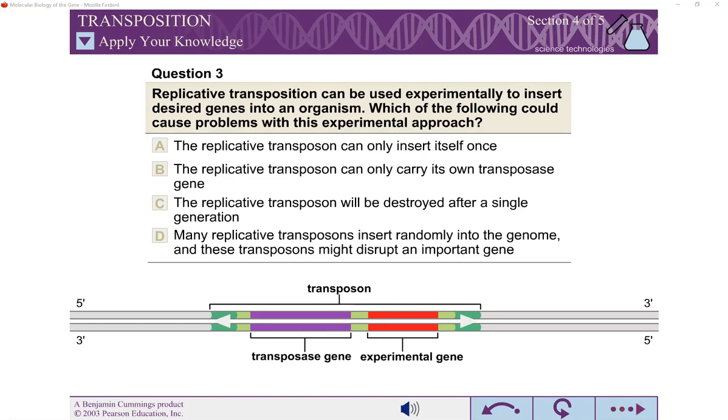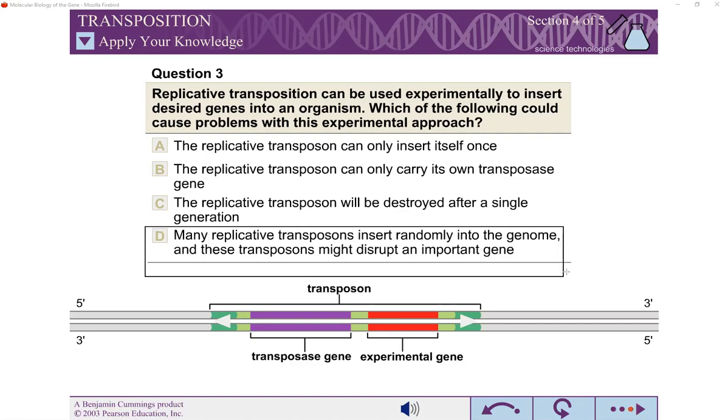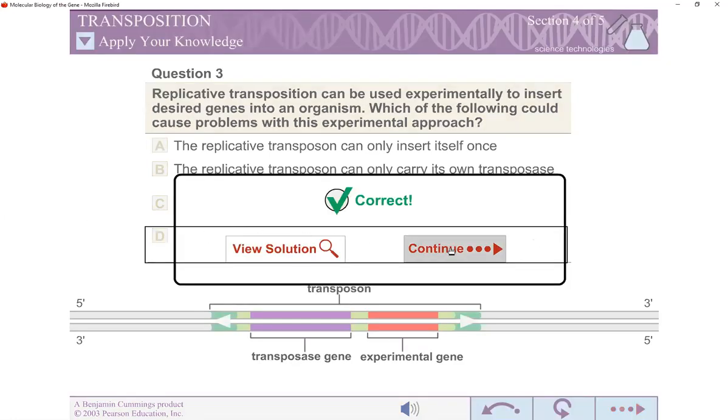Why can transposons not be used as a vector for the carrier of any genetic information from one place to another? Because transposons insert randomly within the genome of an individual, so these may disrupt the important genes. When the important genes are disrupted, they could lead to the death of the cells. Please look here. Correct. Go with the option D.